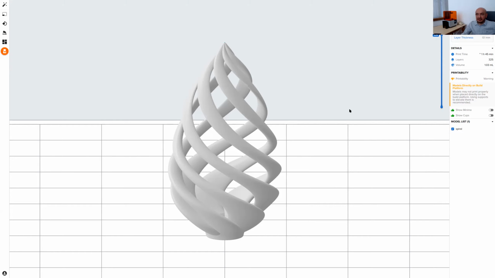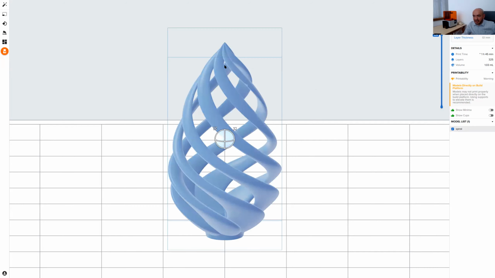And what was the dimension? I forgot the dimension of it. Since we have done some scaling, let's see the dimension. The height is 32 millimeters. You can check it on your printer. It's about 3 centimeters. Probably in Cura, it may take about the same time, since the resolution, right now, the layer thickness is